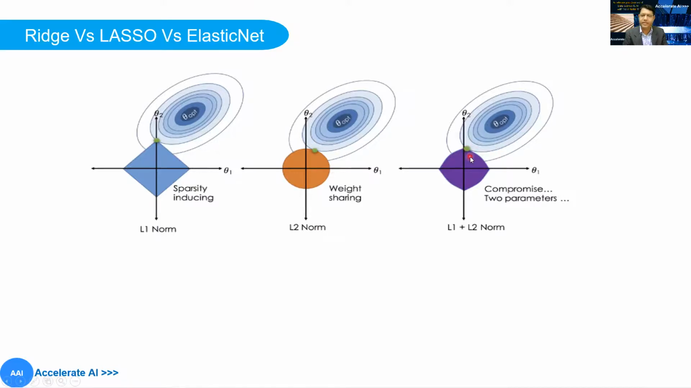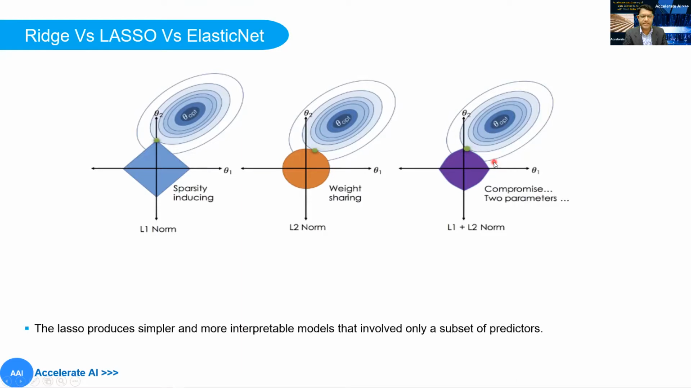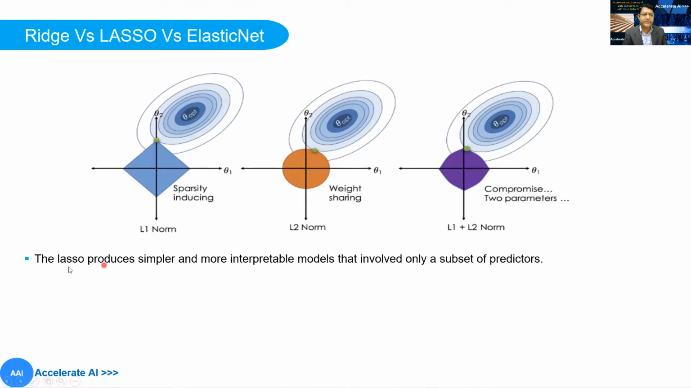So it keeps all the features, never makes them zero, but still tries to reduce or shrink the coefficients themselves. As we see, the Lasso will produce simpler and more interpretable models. It will completely get rid of many of the features. Lasso can also generate more accurate predictions than ridge regression, which is very interesting, and we'll see